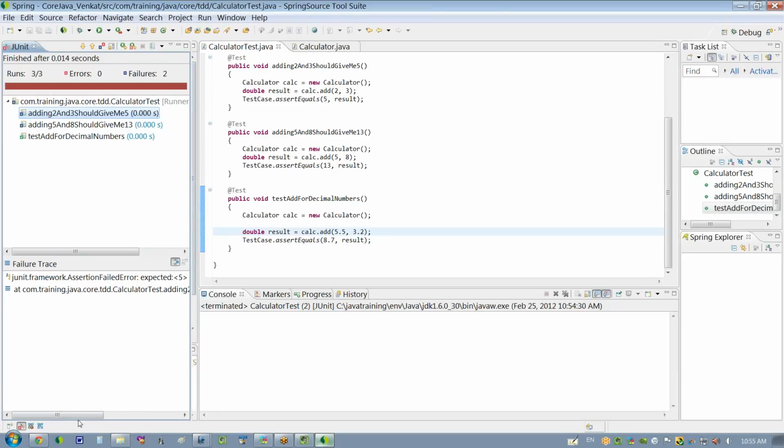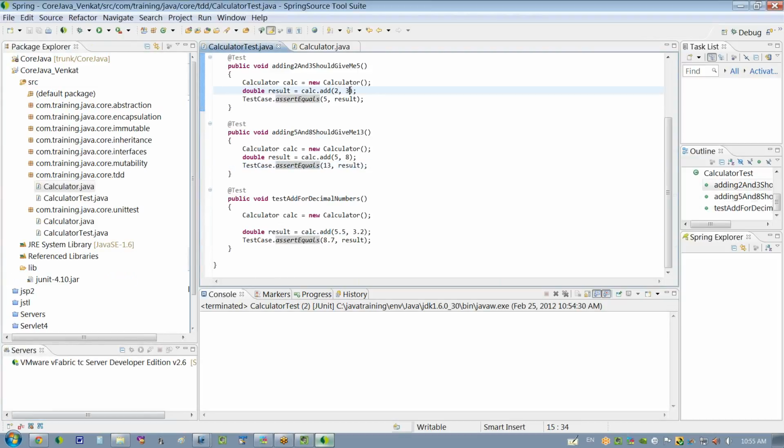Well, what happened? Expected 5, but it was 5.0, because double always gives a decimal point and 0, right? See, when you say 2 and 3, when you give it to double, it becomes 5.0. I change your expectation, or should change your logic. Actually, when you give 2 and 3, let's go back here. By default, since it is double, see,